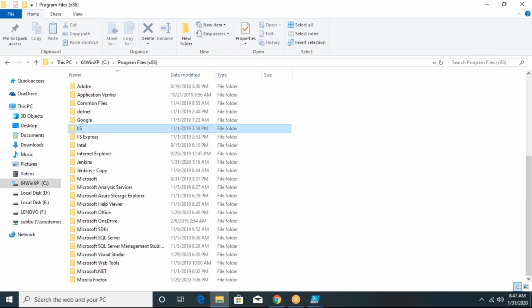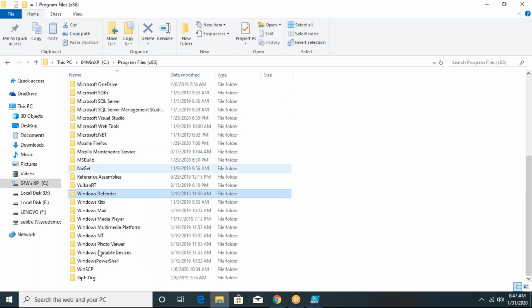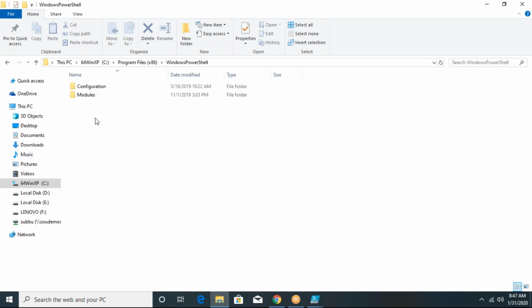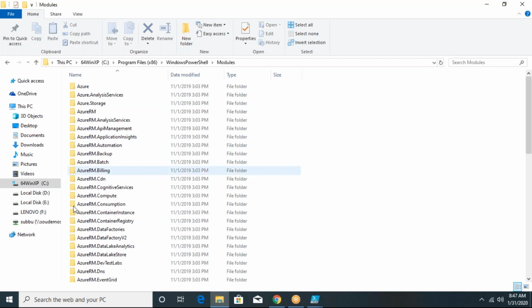Windows PowerShell ఉంది కదా బాటమ్ లో, Windows PowerShell, we have an option called modules. Inside that, you can able to see these modules. Storage, azure.storage means storage account related modules are available under this folder. And if you are working for azure.web అని ఎక్కడ ఉందో చూడండి,